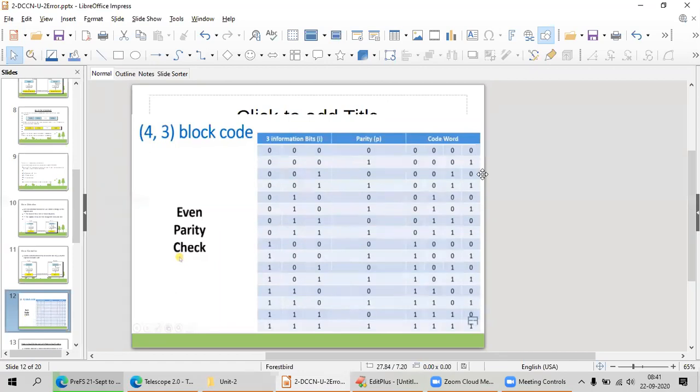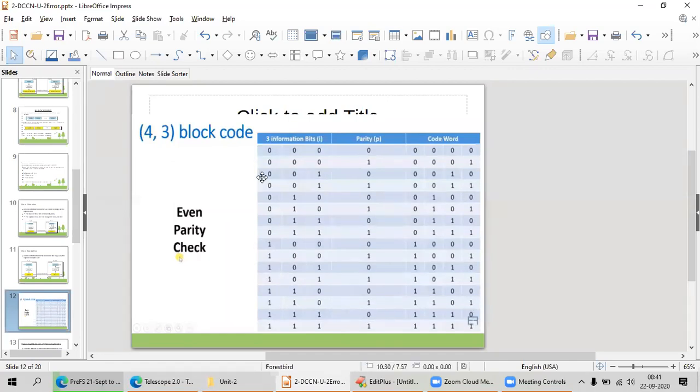Here, the sender and receiver accept only an even parity check. Even parity means I accept only code words with an even number of ones. In the first position, 000 with 0 added has no ones, so it is even parity and this is a correct code word.